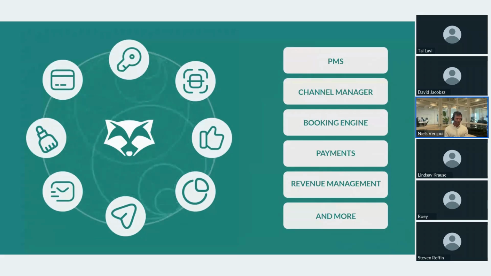Now we also provide a booking engine, and that's a bit of a difference in terms of what David was explaining from direct bookings, which, David, correct me if I'm wrong, you mean cutting out a lot of middlemen, and when referring to the booking engine, direct bookings refer to people booking on your website. We have payments fully integrated across the entire product. We have a revenue management tool and much more. But let's focus on these 4 points that RoomRaccoon will help hotels with.